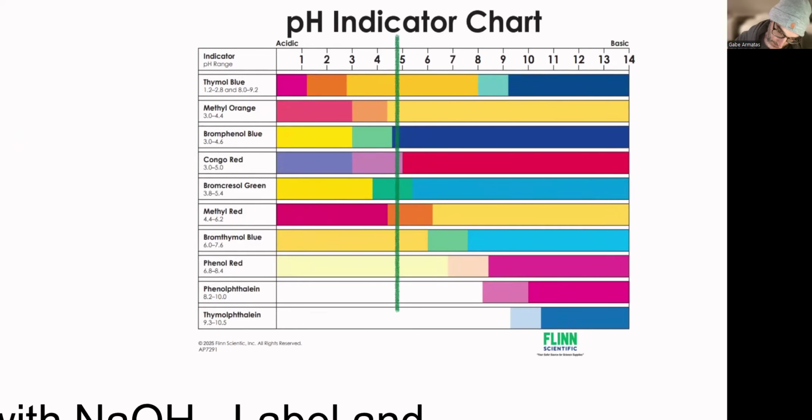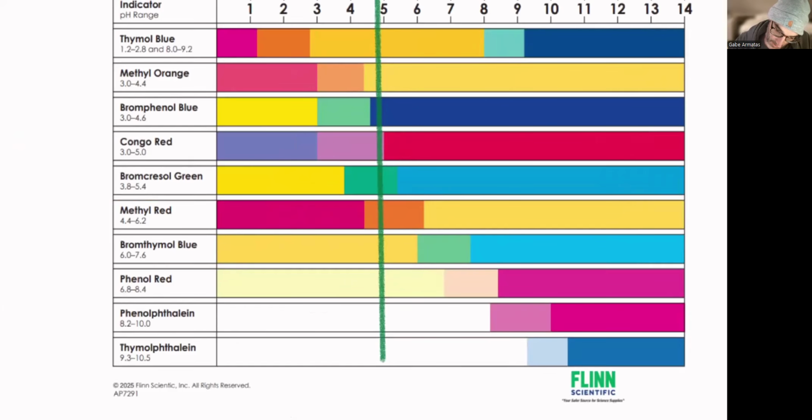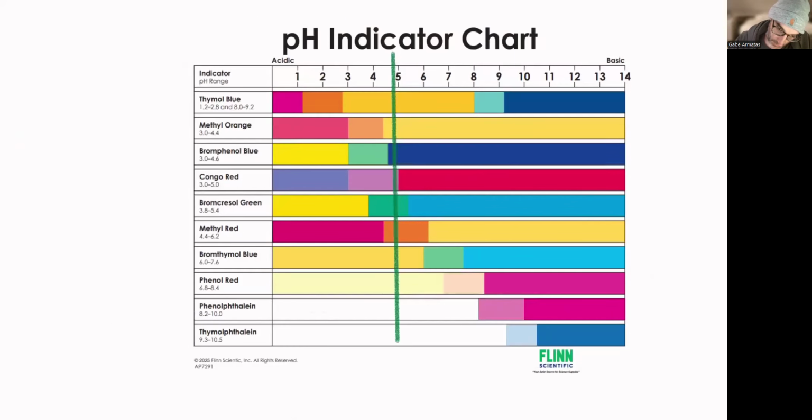So here we go. We can toss out a couple of these, obviously. This one looks like it is the Congo red, which looks purple for far too long. The bromocresol green or the methyl red. Sometimes it comes down to actually color as well, making a decision about what you actually kind